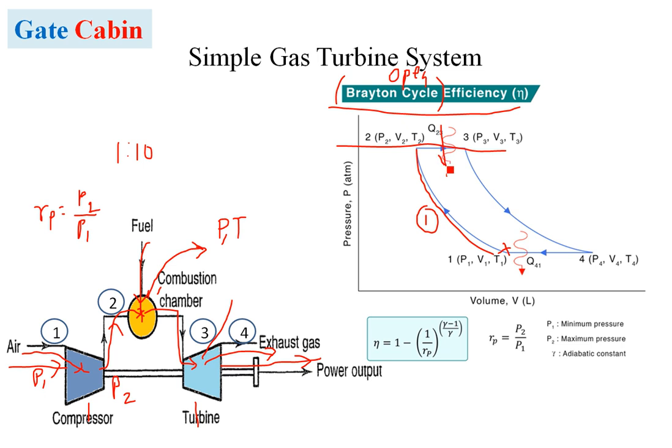So here the fuel is added into the working fluid at constant pressure, and then the temperature of that particular air is increased. After this we have adiabatic expansion, which is step number 3. The expansion process rotates the blades of a turbine, and it also produces a high speed exhaust. But then this fourth part is a part of a closed cycle.